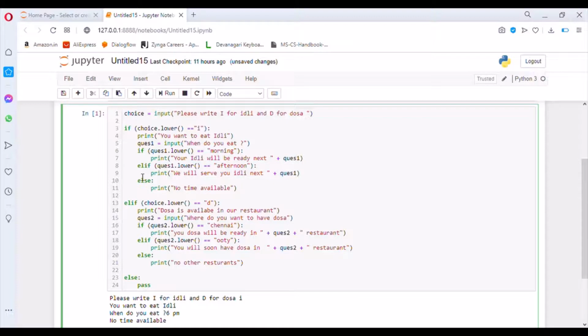And then at last we have the else condition, which is only fulfilled when none of the conditions written above are satisfied. So I wrote 6 p.m. It didn't fall into those categories. 6 p.m. came into the else category. That's why I have this as an output. No time available.